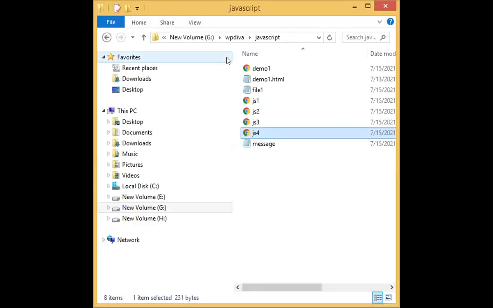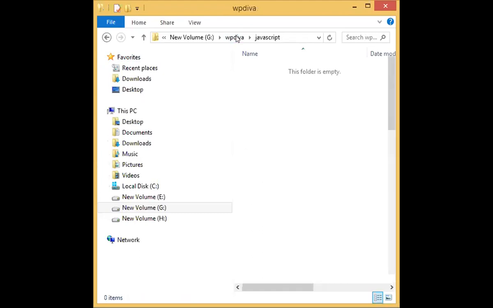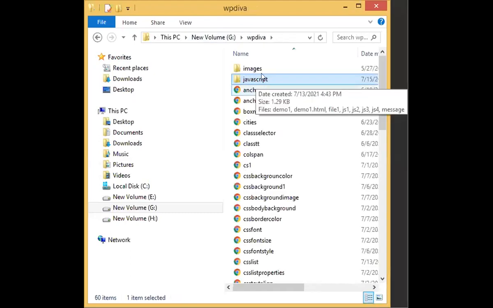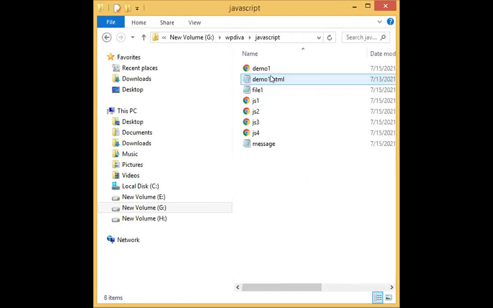I'll show you the execution. Let me open the folder. I have created a new folder in WP division A called JavaScript. To avoid confusion with other files, I created one more folder, and in that I have saved it as demo1.html. See, the file appears with the browser icon by default, because I'm using Chrome to run the files, so all the files will by default show the Google Chrome icon. Okay, see, at the corner you will see the output, right?